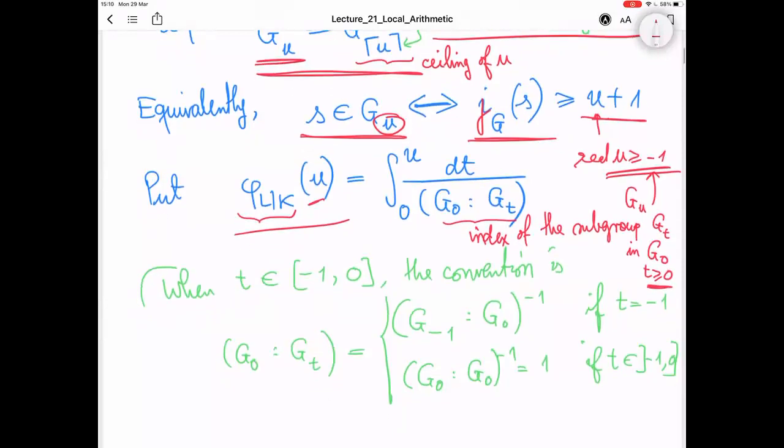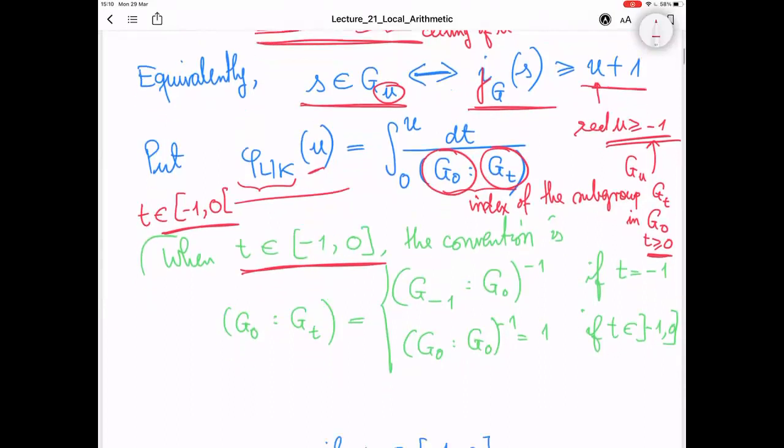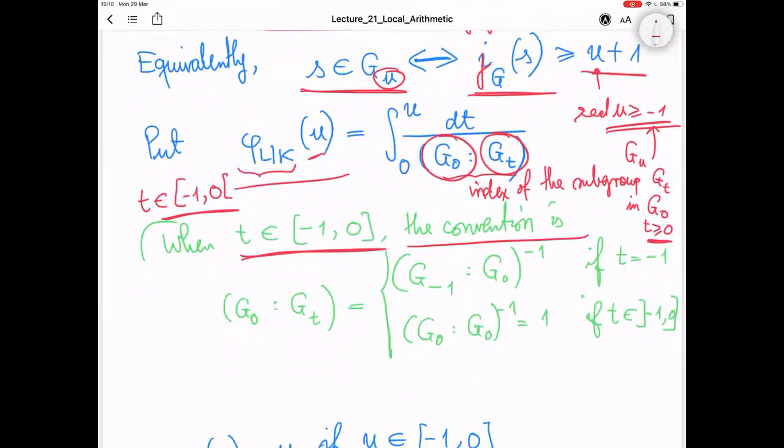But what happens for T between -1 and 0? So here is the answer. For T in this interval, of course, this G_T is not a subgroup of G0, and it contains G0, right? So you adopt the convention that this index is actually